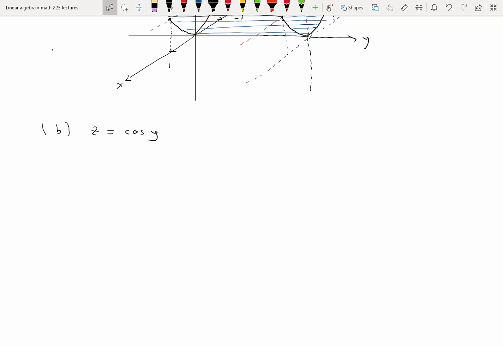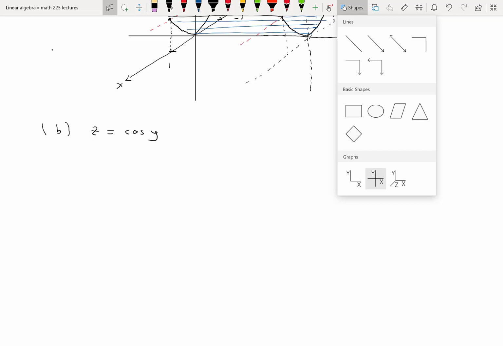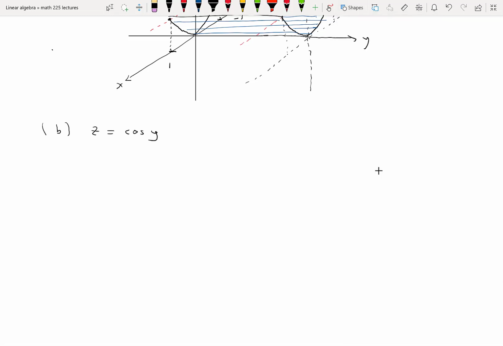Well, we just did. We have an idea of what it's going to look like. It's going to look like a cylinder that extends in the x direction, a rain gutter, if you will, that extends in the x direction. They don't all look like rain gutters, but whatever. Okay. So here's